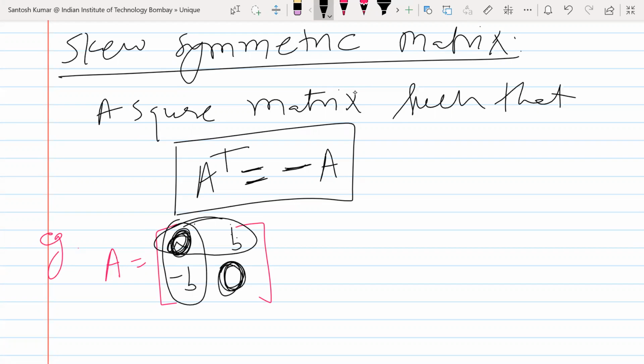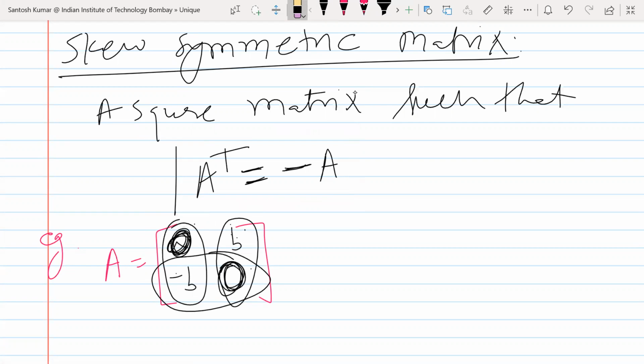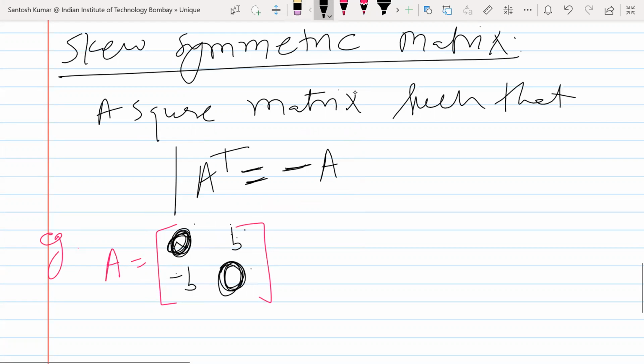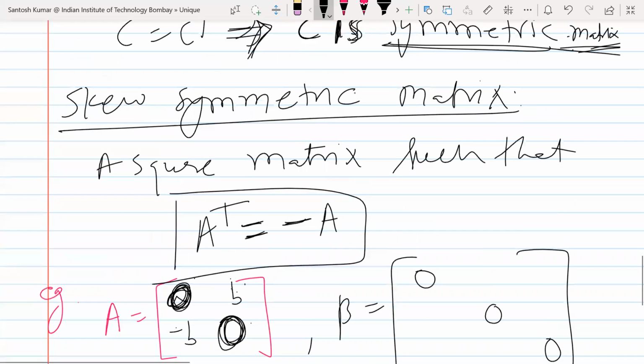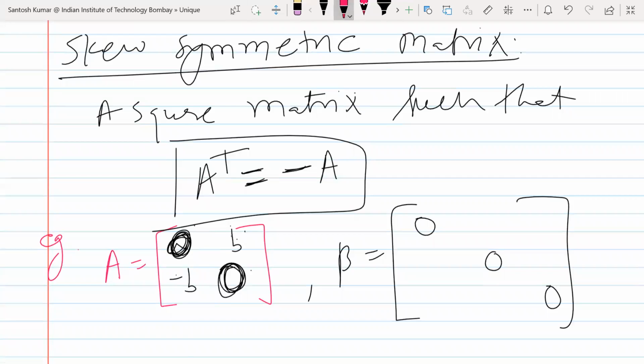So a b here, a minus b, so you can see the first row is 0 b, the first column is its negative, 0 minus b; the second row is minus b 0. So one such matrix I have written, ठीक है, in 2 cross 2. अगर 3 cross 3 का लिखता हूँ, so see, first of all you remember all diagonal elements will be 0. How can we prove it also? Okay, so we can prove this also.